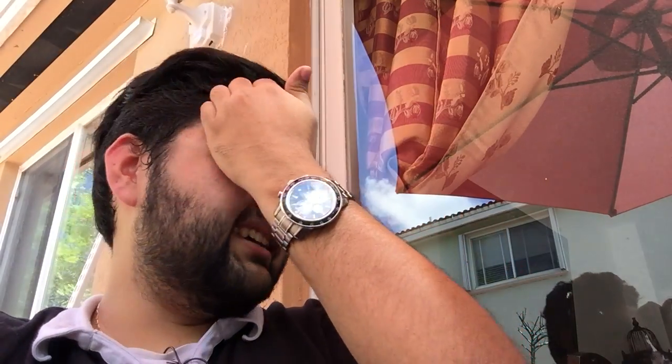Very, very nice. Very enjoyable cigar. At the end of the day, that's what matters the most. Sometimes it might not be your favorite flavor profile, but nonetheless, it's an enjoyable cigar. And like I said, I don't really...